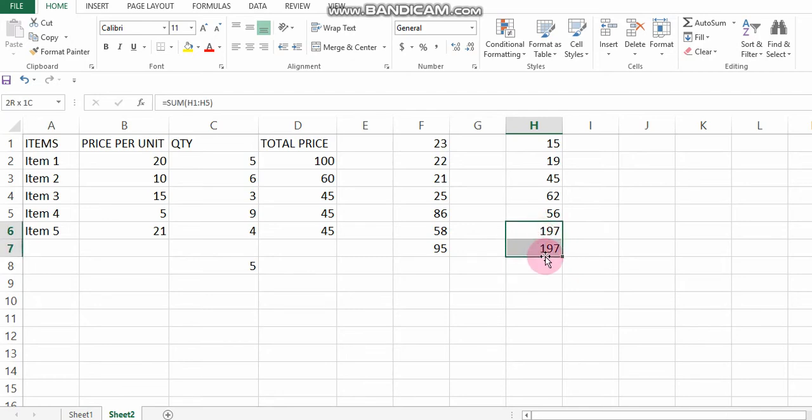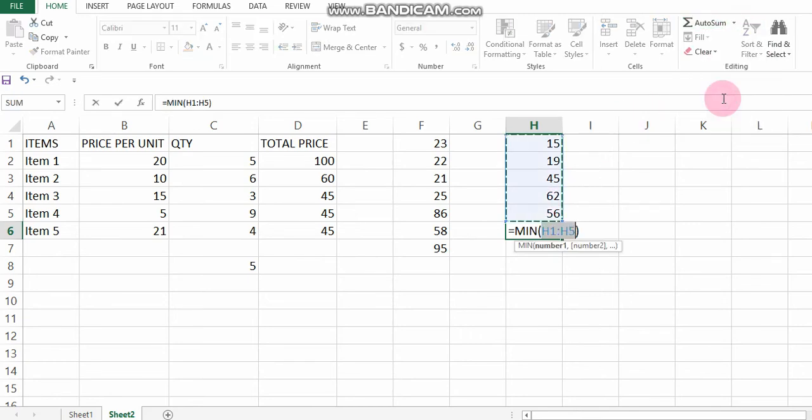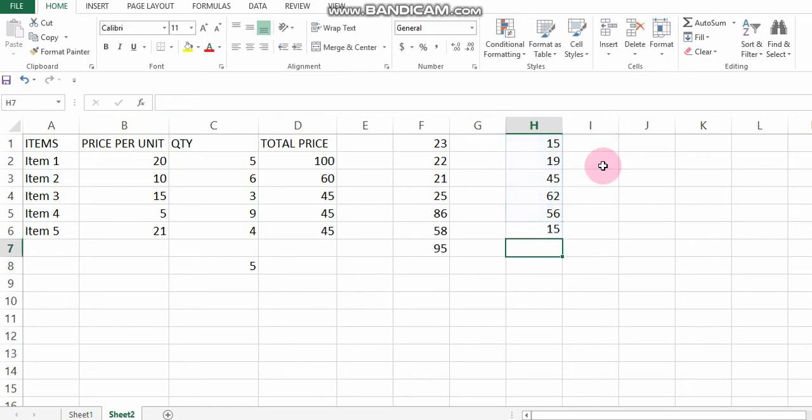Now auto sum has some other functions. If I show you with the drop down arrow: average, count, max and min. Let's start with min. Min is used to find the minimum value among the range. Now it is a small range and you know which is the minimum value, but suppose you have 100 values and you want to find the minimum one, you can use this function. It is automatically taking the range. Every function in the auto sum button will take the same range. Press enter. It is giving the minimum value among that range.